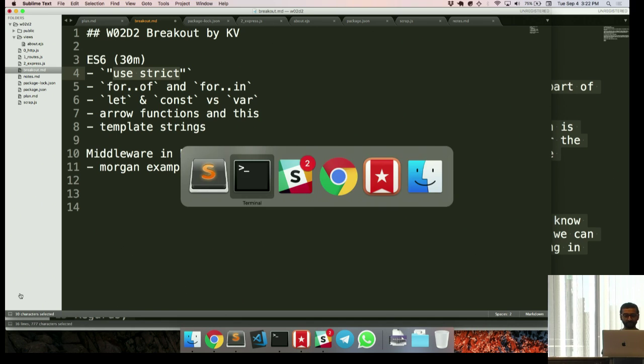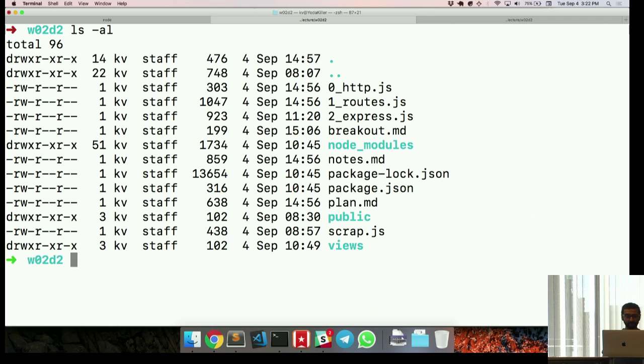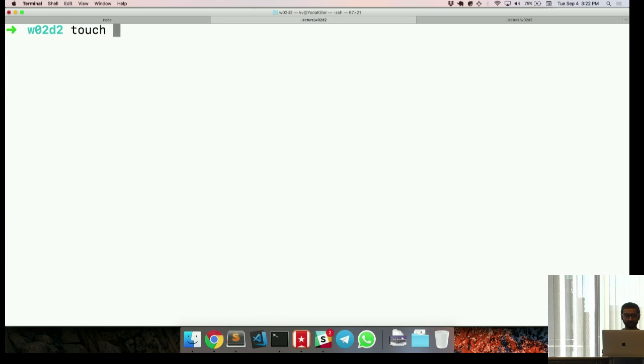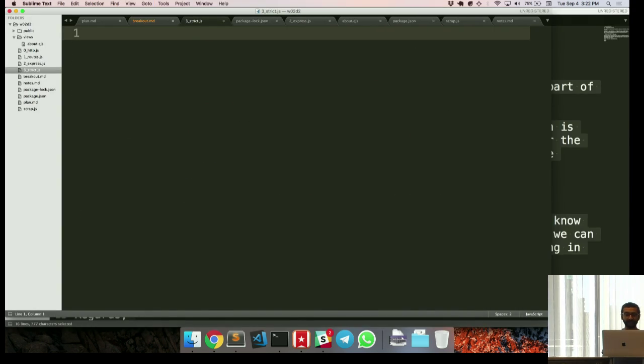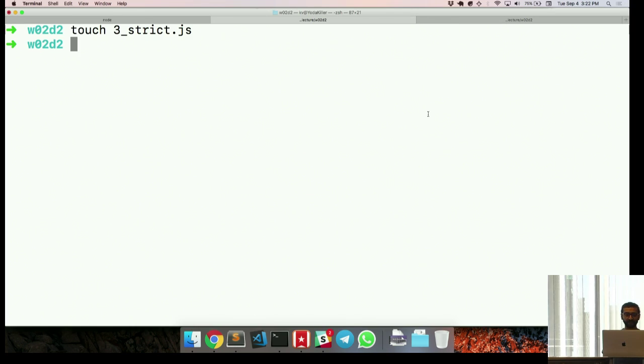So let's actually create a file in this directory, the same lecture directory that I had before. We'll just call it 3, I guess. And in here, I can do a equals 1, console.log a, as we demonstrated in the REPL. And that works because it's done global.a.